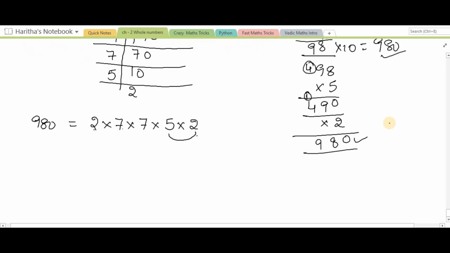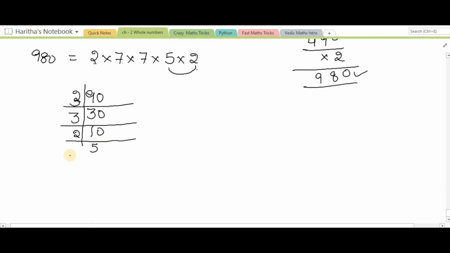Okay friends, now move on to the next question. Find the prime factors of 90 also. So 2 table, or you can go for 3 table also, because 3 3s are 9, 3 30s are 90. It is easy for us. 3 10s are 30, 2 5s are 10. Because 5 is a prime number, I can stop finding the prime factors for 90. 3 into 3 into 2 into 5. 3 3s are 9, 9 2s are 18, 18 5s are 90. In other words, 3 3s are 9 and 5 2s are 10, because multiplying multiples of 10 is very easy when compared to the others. So wherever you find multiples of that, you can go through it.